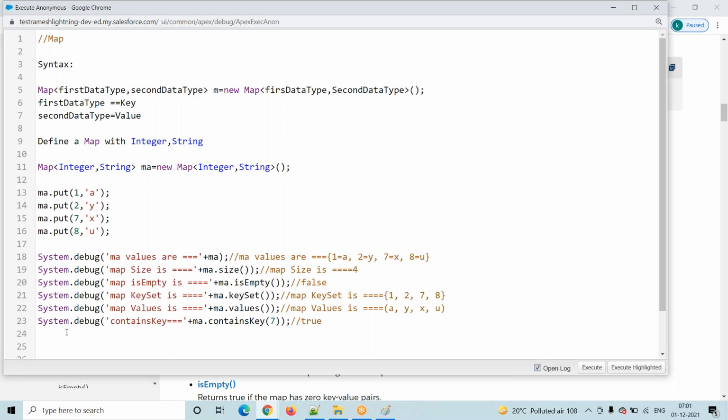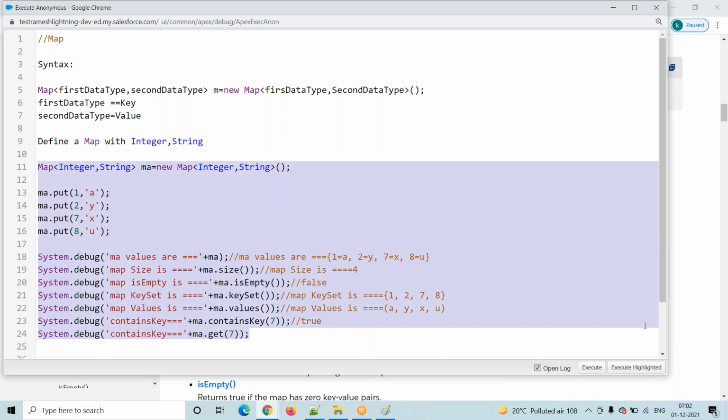If yes, it is there, then I want to get that particular value. That is nothing but get. You will just go and use get. What will get give? It will give the associated value. With the key, what is the value associated? That associated value it will give.